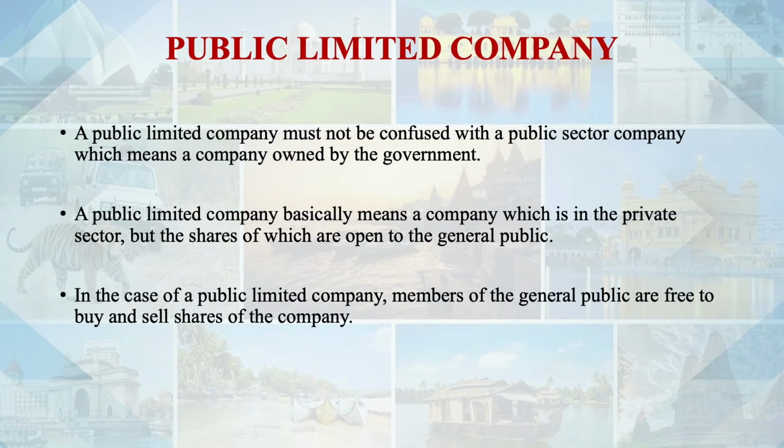A public limited company is a company which has a listing on the stock exchange. A private limited company does not have a listing. A public limited company can sell shares to anyone, to the general public, who can purchase through the stock exchange. A private limited company cannot sell shares to the general public, only between its own members. I think this makes clear how a public and a private limited company differ.